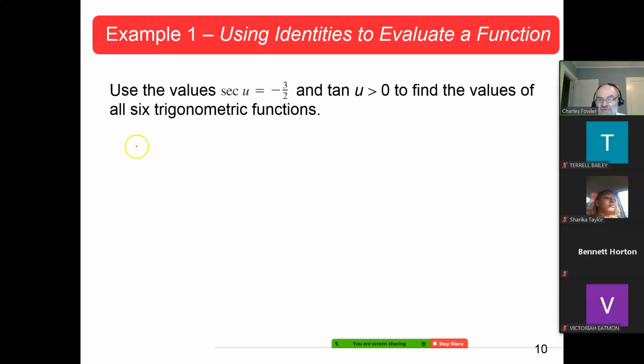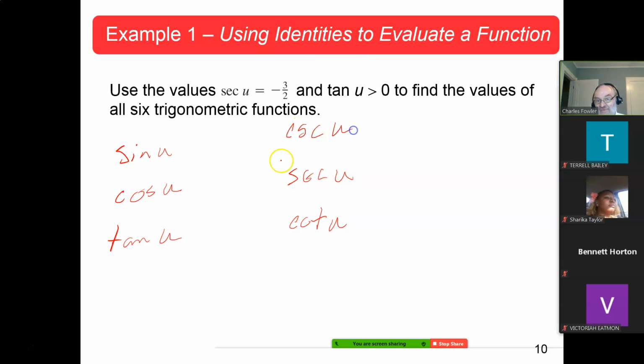We're looking for all 6 trigonometric functions. That would be the sine of u, the cosine of u, the tangent of u, the cotangent of u, the secant of u, and the cosecant of u. This is just how I like to write them, because now you have the reciprocal identities across from each other, the big 3 here and the reciprocals over here. Now they told you this one. Secant u is